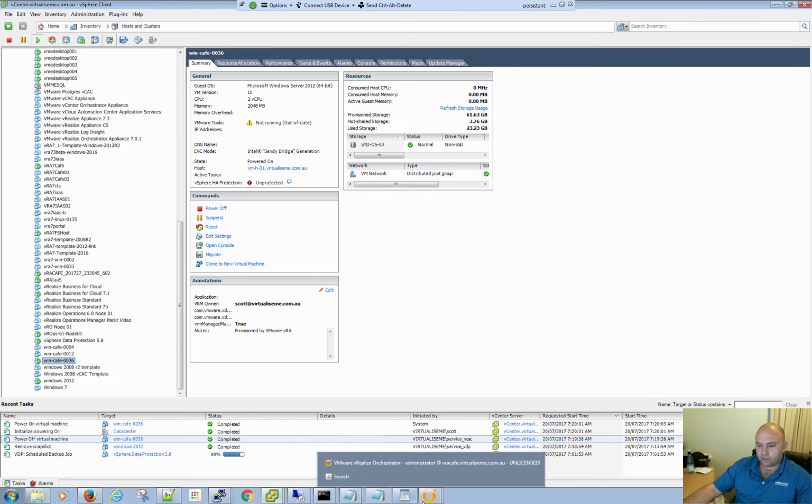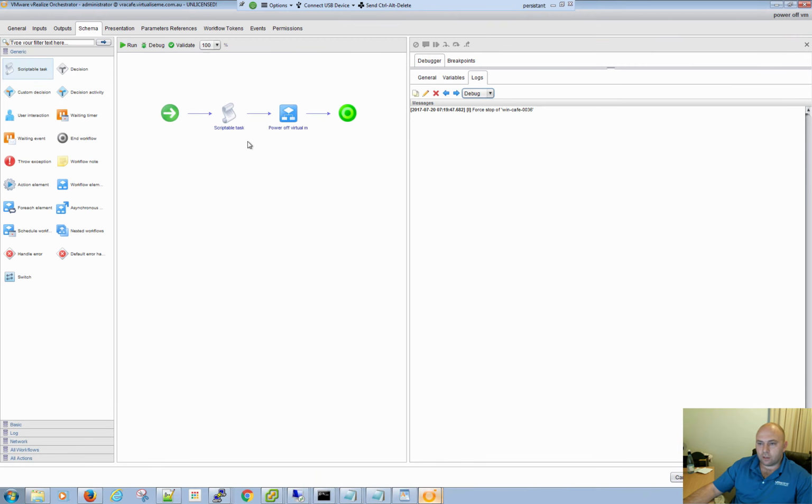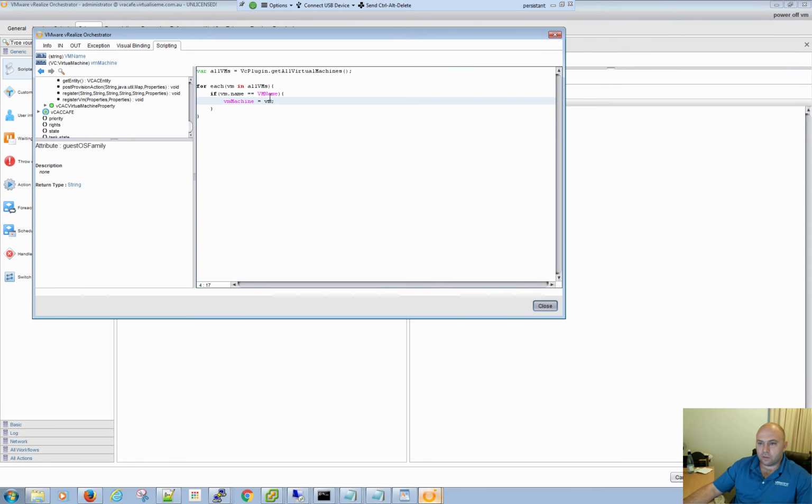Let's go into here and we go, okay, well, we can add a bit more scripting into this. We can go, what do you want to see that running down? We can go system.debug. You can do system.log. I like using debug because it doesn't show up in the normal logs. And then we go vm.name. That should print out all the VM names, and then in here we can go